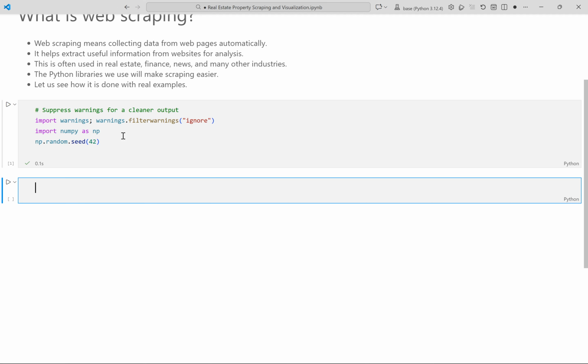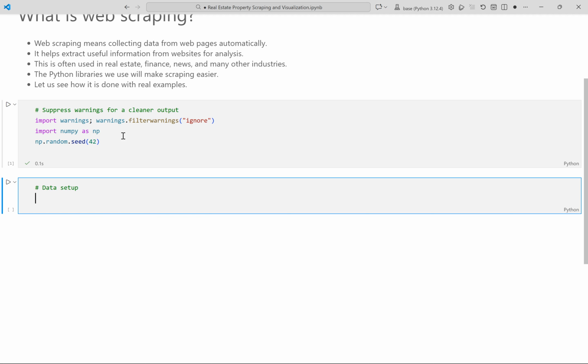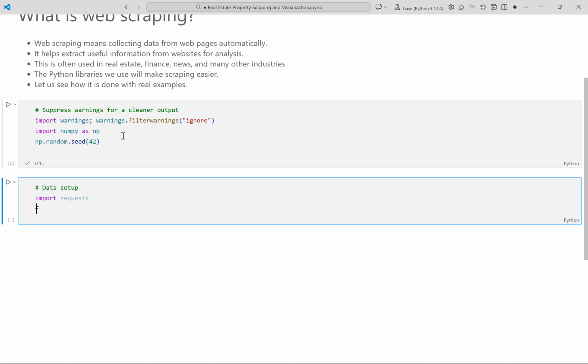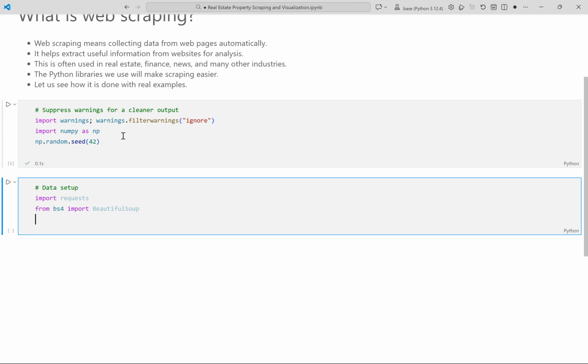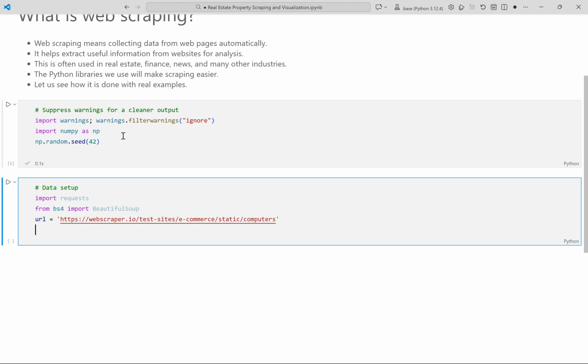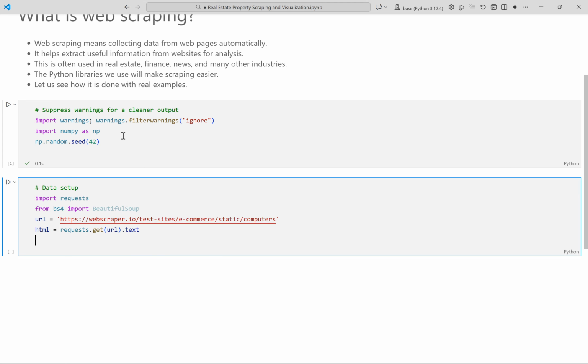Let us load live sample data from a test e-commerce site with property-like listings. The code below uses requests and Beautiful Soup to grab product details. Data setup. Import requests. From bs4 import BeautifulSoup. URL equals https://webscraper.io/test-sites/e-commerce/static/computers. html equals requests.get(url).text. soup equals BeautifulSoup